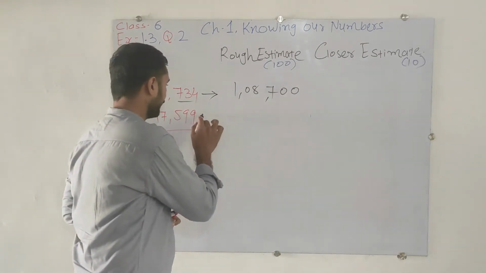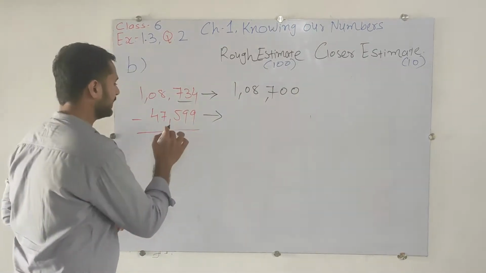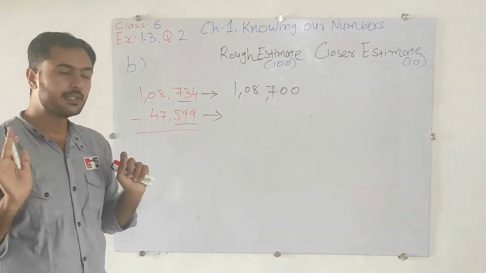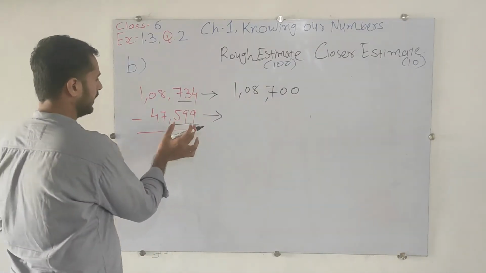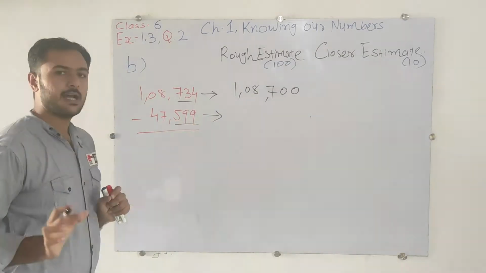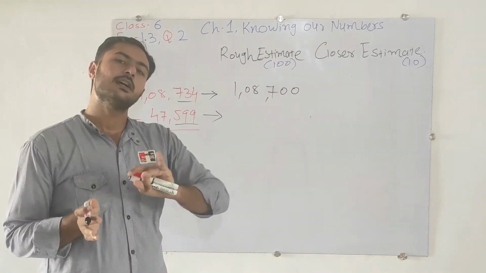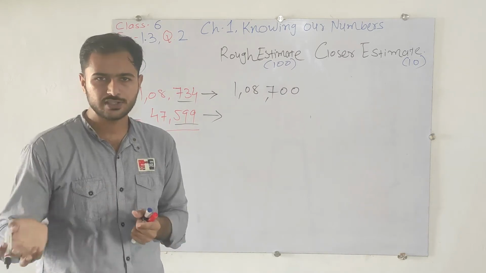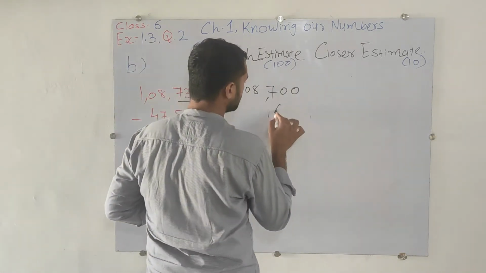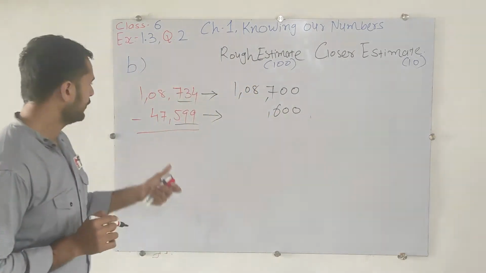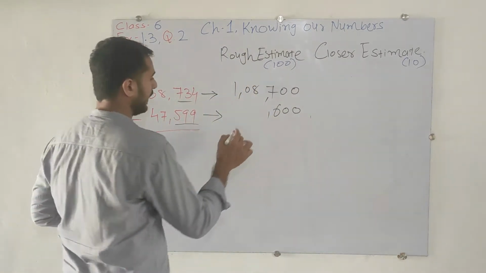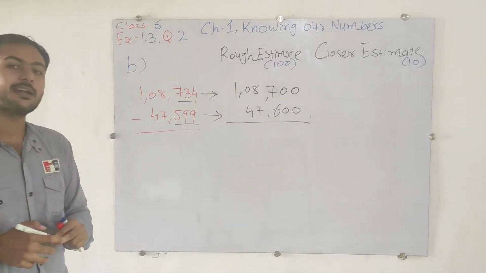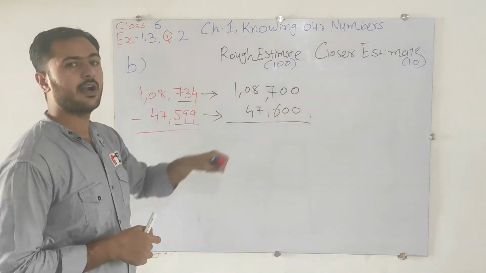47,599. Again, we have to do it by the 100 place. So I will see the 100 place only, that is 599. But here something will be different. 599 is in between 500 and 600. Which is the nearest one, 500 or 600? That is 600. So I am going to write down 600 over there. Which number remains? That is 47, so write down 47 simply. Done. So here I completed the rounding off by 100.